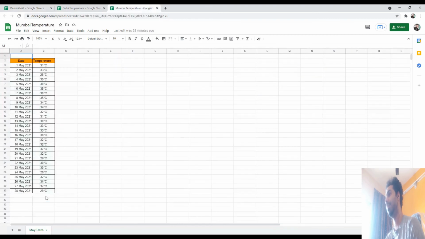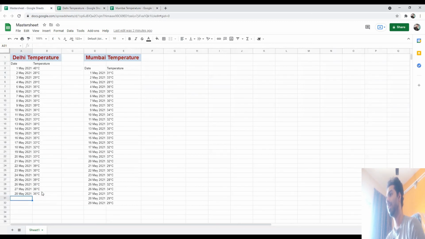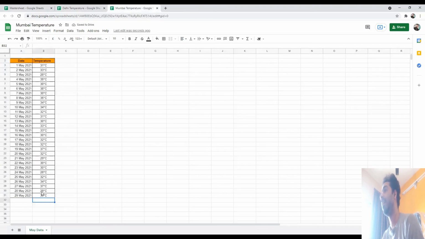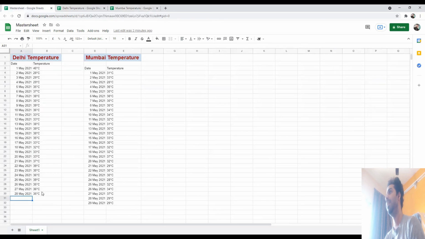So what if I update here in this sheet? When I update the data in Mumbai temperature, it gets updated in this master sheet, but it doesn't work in Delhi temperature.